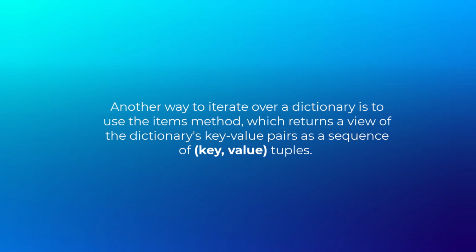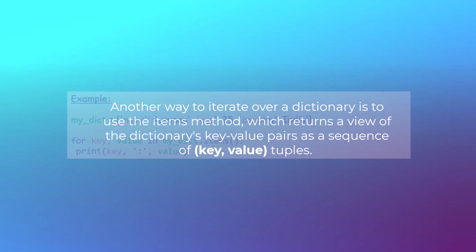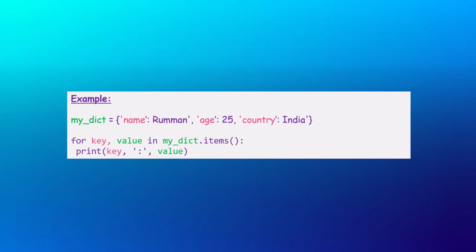Another way to iterate over a dictionary is to use the items method, which returns a view of the dictionary's key-value pairs as a sequence of key-value tuples. Here's an example. Explanation. In the first line, we create a dictionary, myDict, with 3 key-value pairs, where each key